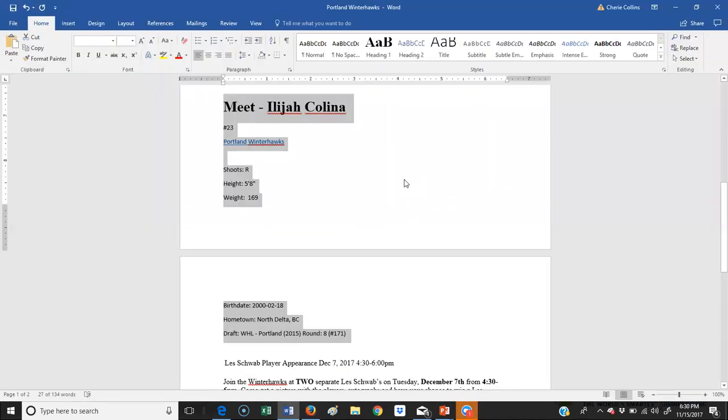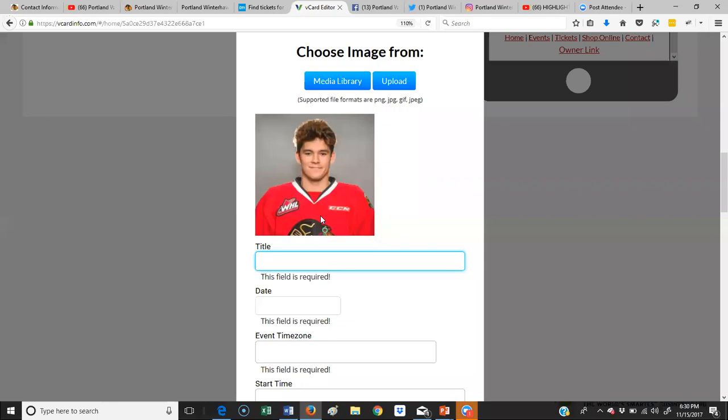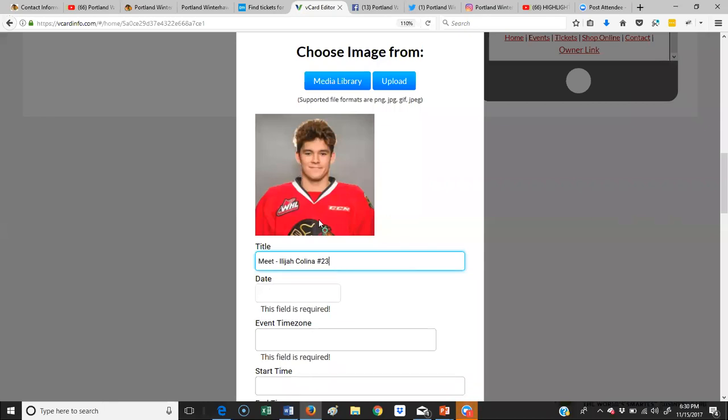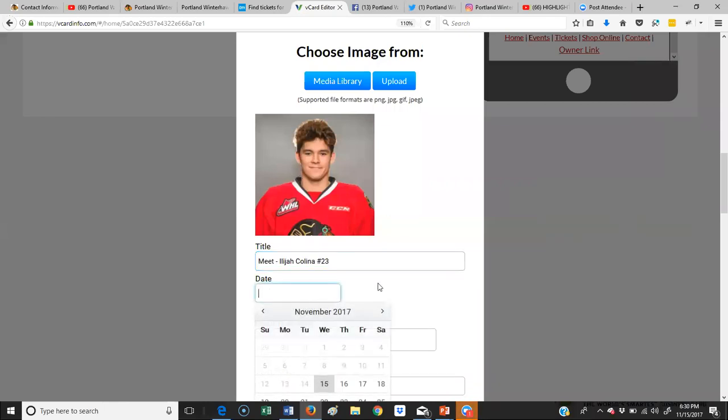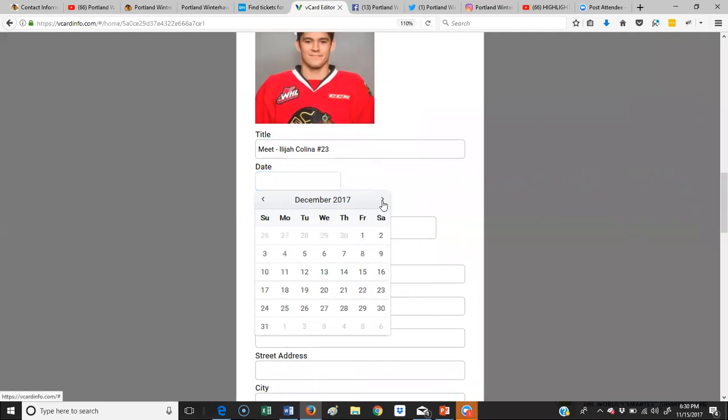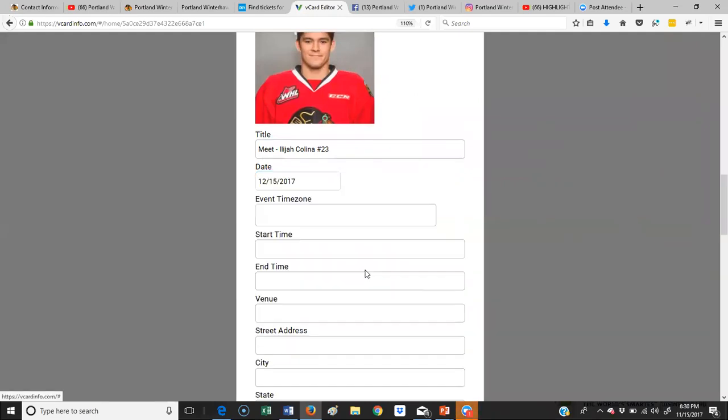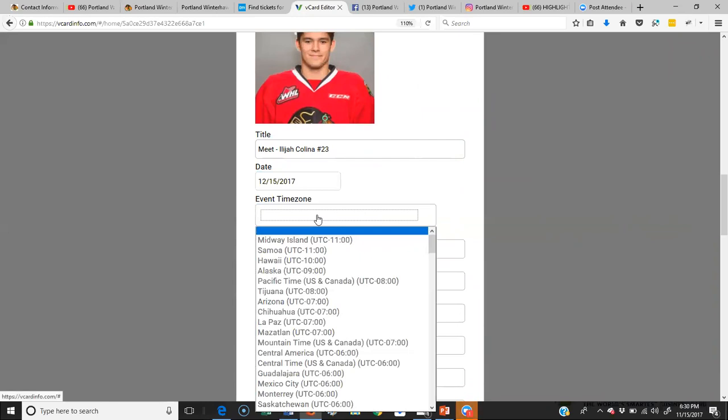Now, what's great about this is if you're following me, when I post this event, you're going to see this event posted in the Vcard app. You'll see a notification for it. So I can put in the date here. And then it asks me for what time zone I am in,